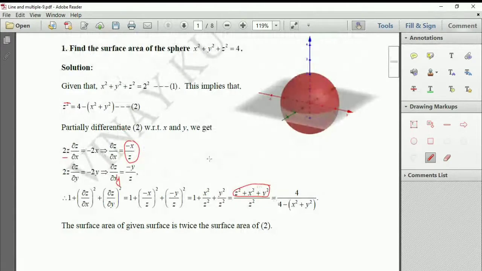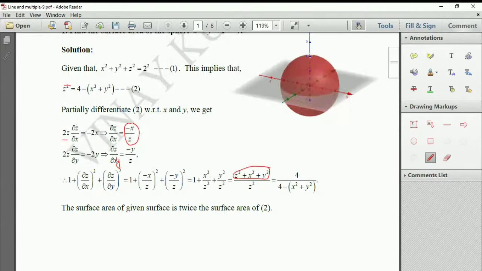Now, remember, here we need to find the surface area of this sphere. Let's make this height as 0. Above this, from 0 to here, it is plus 2. Below this, it is from 0 to minus 2. So from the origin, your height is taking the values 0 to 2 and 0 to minus 2. So we have to find the surface area of all of this.